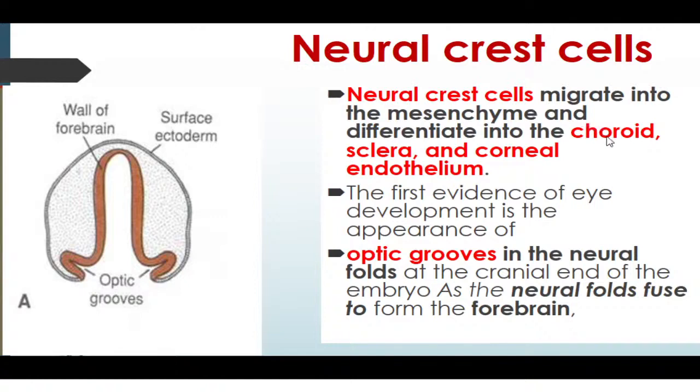Choroid is understandable. This is the tunica vasculosa. Sclera, this is the tunica fibrosa, the outermost layer, white in color, which consists of dense irregular connective tissue. And one more thing: the corneal endothelium, which also arises from ectomesenchyme, but as a simple squamous epithelium,